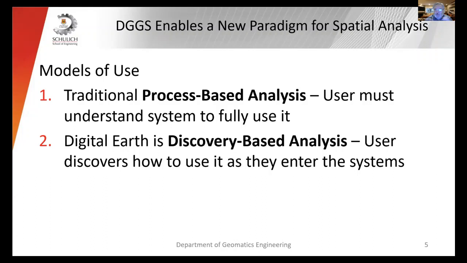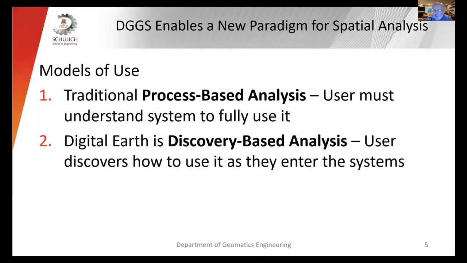We're taking different data sources, we're integrating them, we're putting them through a number of processes. In that type of analysis, if we're presenting software that uses that, we need to really communicate with the people that are developing the software to be able to understand that software. We have to be highly educated, technically, in how that software works. If we know that software, it's really hard for us to go off and use another piece of software because we have domain knowledge. Why we get paid is because we understand how that process works. So I call that process-based analysis.